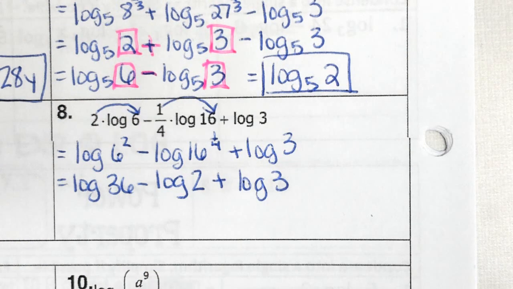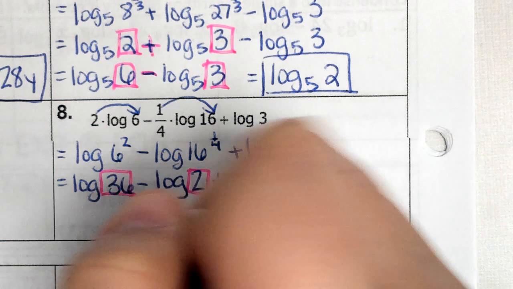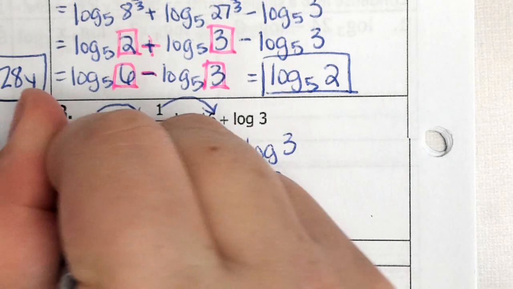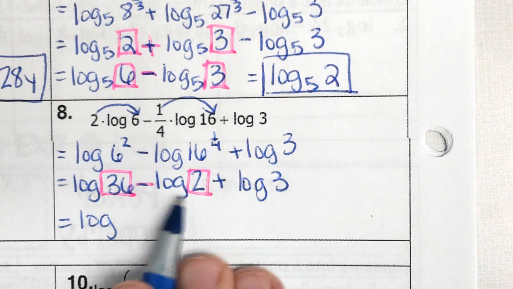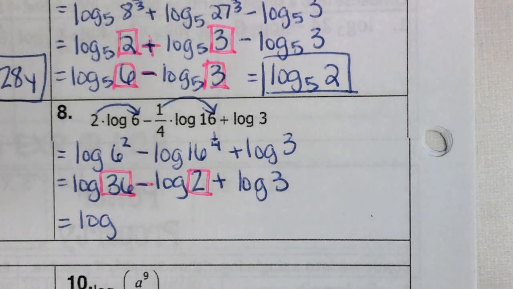All right, so now it looks like all the others. Go ahead and focus on the first 2 logs, the first 2 arguments. There is a minus in between, so therefore this is going to be log of whatever 36 divided by 2 is, 18,